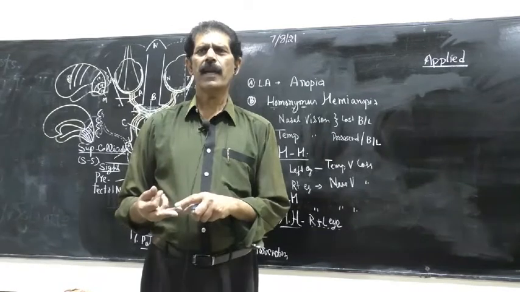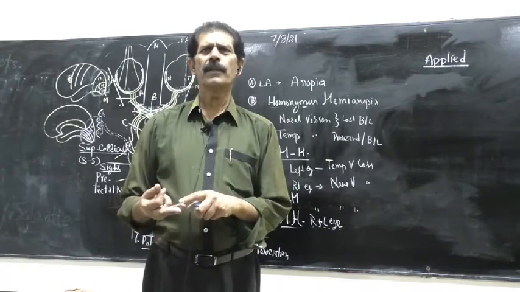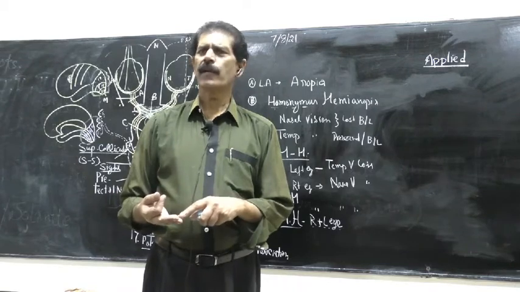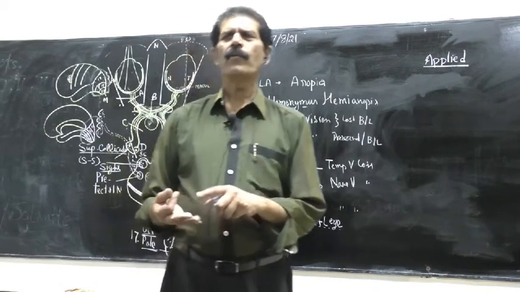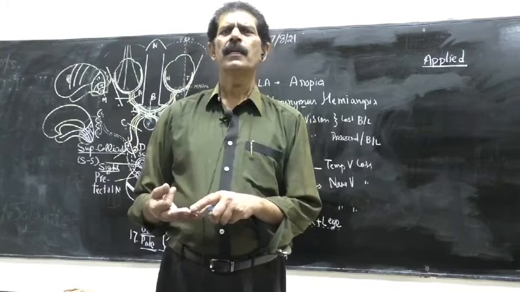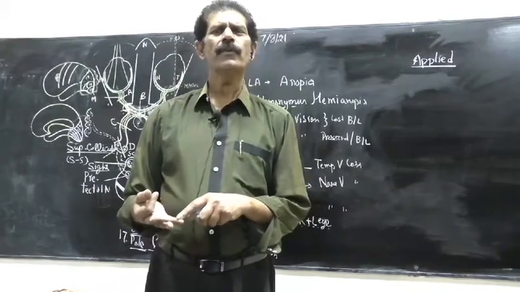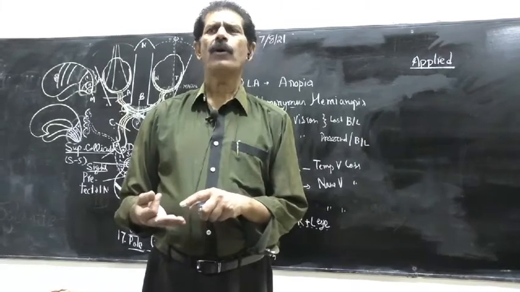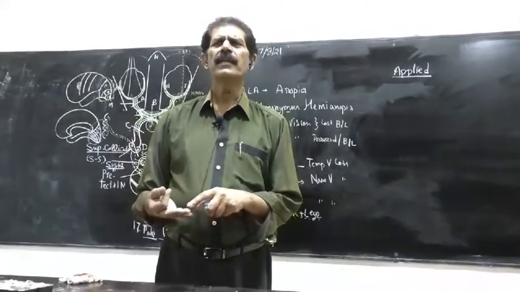Then they form the optic tract, which goes posterolateral to the midbrain, then relays into the lateral geniculate body and the pulvinar, from where the fibers go to the retrolentiform part of the internal capsule, then form the optic radiations and reach the occipital lobe, Brodmann's areas 17,